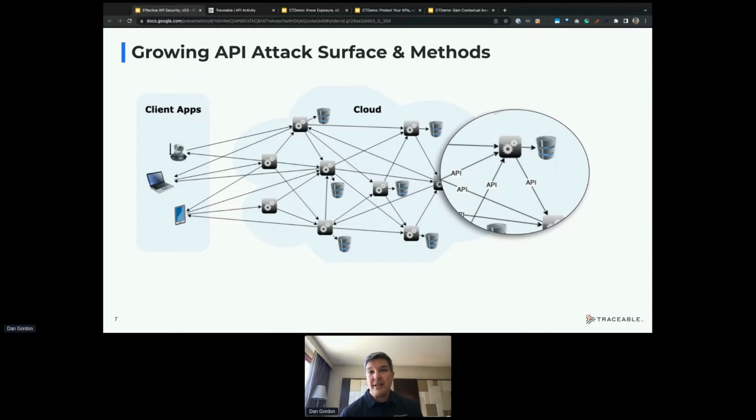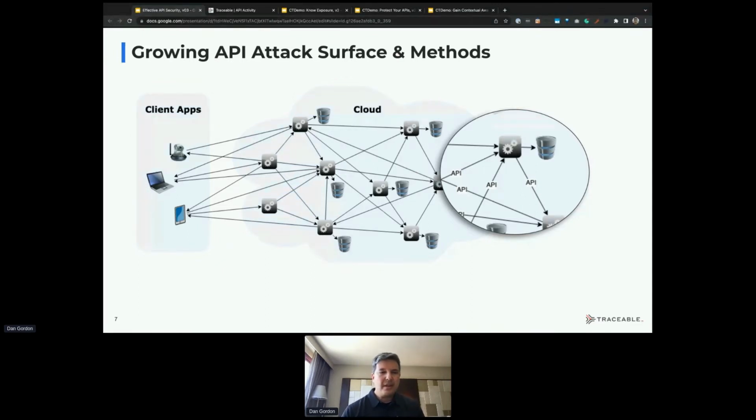And each of those APIs may potentially be written by a different team or set of people. Those different people may have different ideas about what security needs to happen around those APIs, or they might have the same idea but not have implemented it consistently. So there's now a lot of variance here as we expand the stack and as we expand the number of services involved and the communications between them. And APIs are the glue between all these pieces.